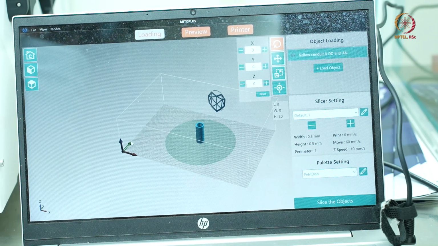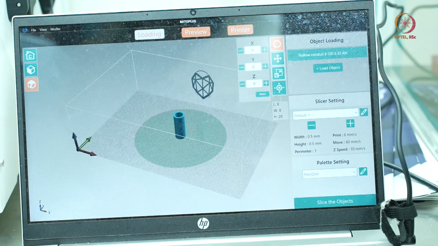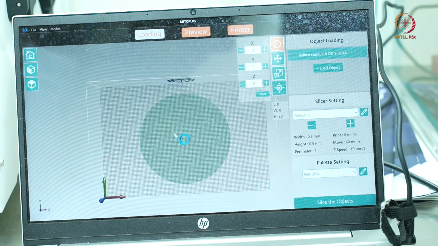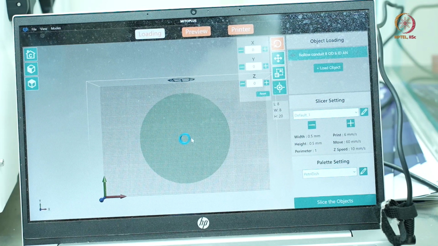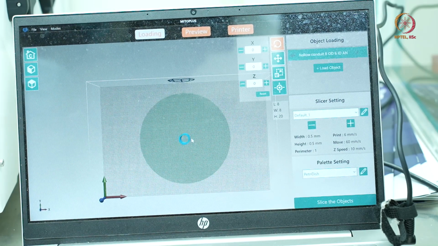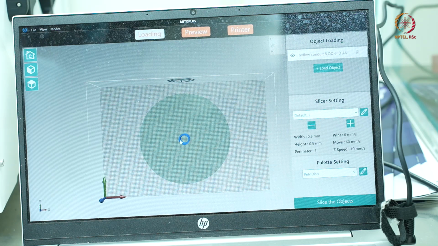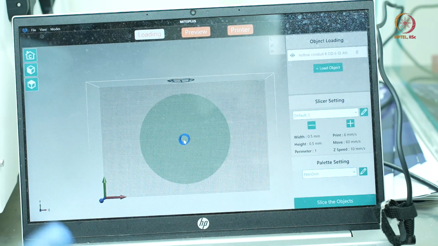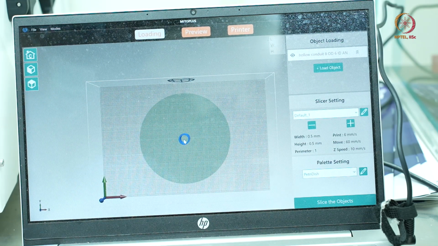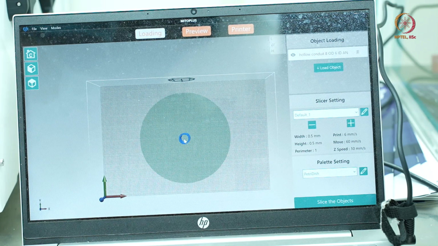Now, if you look at this particular scaffold, the cylindrical structure, you can see it is a through and through hole. One important thing to notice is that the inner surface roughness of this through hole is also equally important.